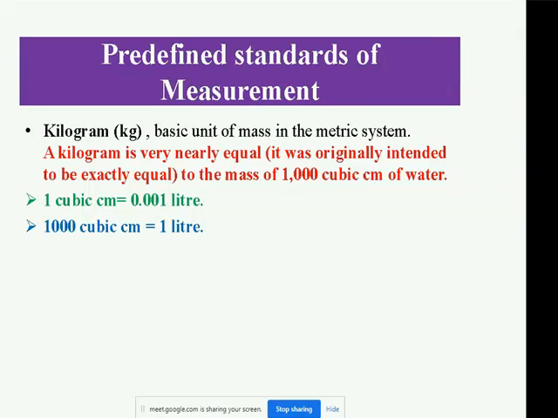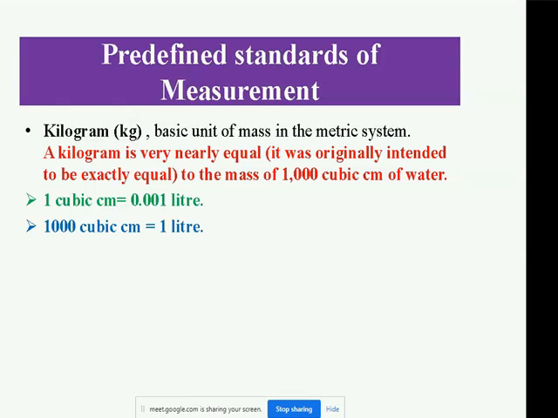So 1 cubic centimeter is equal to 0.001 liter, or we can say 1 liter equals 1000 cubic centimeter. So a kilogram means a substance which is almost 1 liter, but in the case of some production units, if you purchase 1 liter of mustard oil, then you will get 920 grams written there, not 1 kilogram or 1000 cubic centimeter, because there are some measurement errors in the British system and our Indian system.